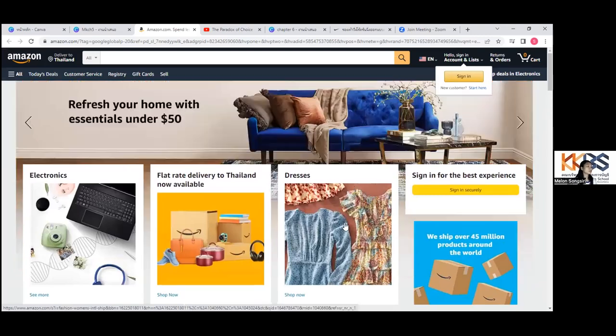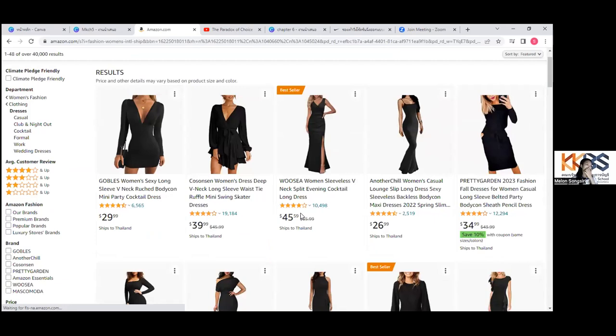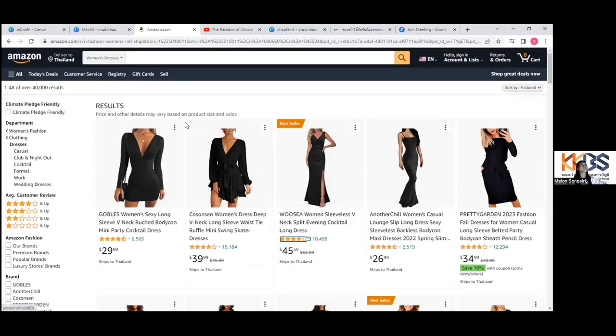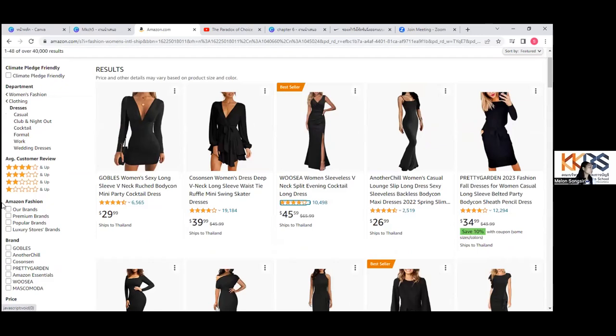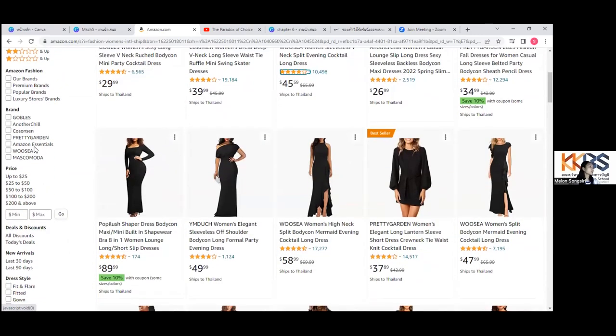The Amazon screen. Okay, today I want to purchase a dress. If the window has many choices, right? In the tab on the left hand side, you can see what we call the collaborate feature. You can choose the collaborate feature here, and it will reduce your choices and take you to exactly the dress you want.